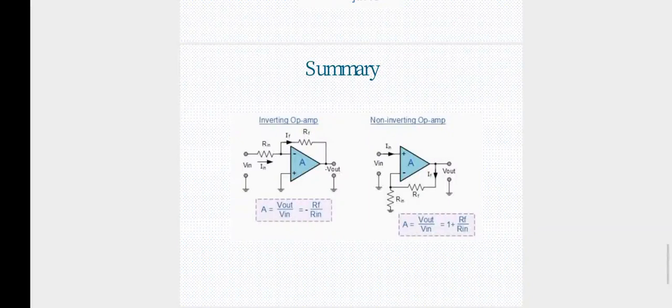Now we are going to talk about the advantages and disadvantages of the op-amp. What are the advantages? The op-amp is a universal amplifier. It acts as a voltage comparator, precision rectifier, analog to digital converter, and digital to analog converter. It is used in filters, and acts as a differentiator and integrator. If the feedback has a resistance, it is generally called a differentiator. With the feedback circuit having a capacitor, it is generally called an integrator.